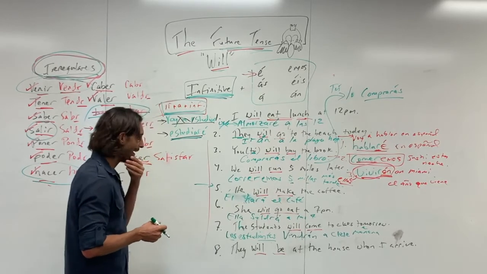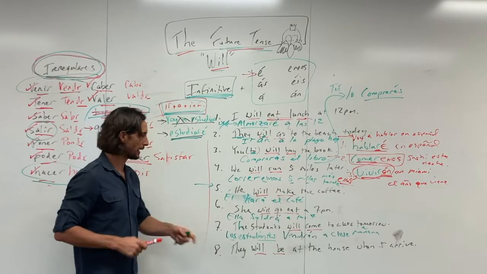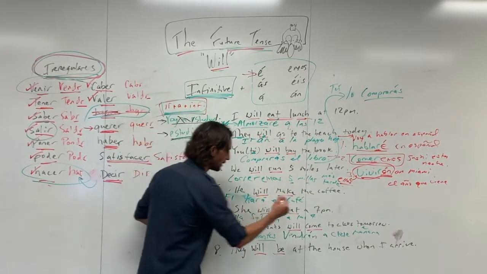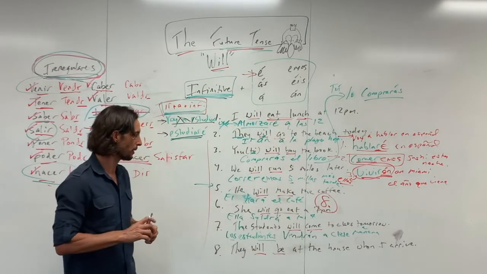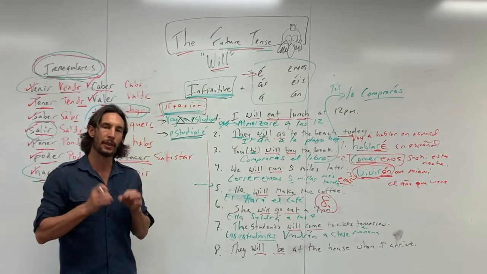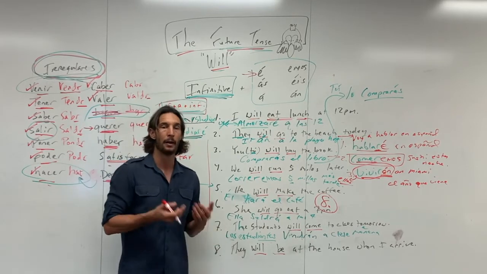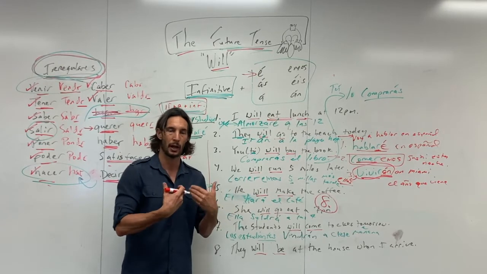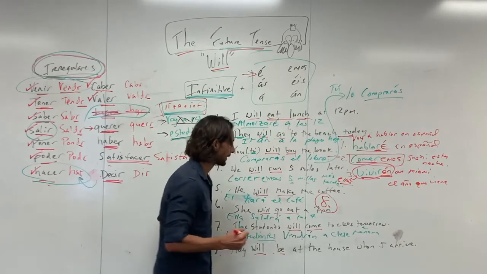And so this is how the future can get paired with the subjunctive. I'm actually going to write this in red, right here. So I'm going to write number 8 right here, because I want to make sure I make space for it and you guys can see it. So they will be at the house when I arrive. So they will be, right? We use ser or estar, but because they're going to be at a location, it's feeling and location. So location is estar.